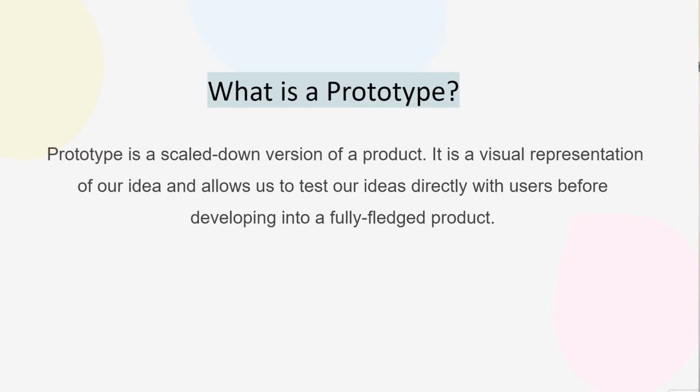You need to create a visual representation of the idea and get feedback on the multiple aspects that we just spoke about. You need to get feedback from your team members, stakeholders, refine the idea, and most importantly, get feedback from your target users. This is how you move from low fidelity to medium fidelity to high fidelity and ultimately develop the product. This visual representation of the idea is called a prototype.